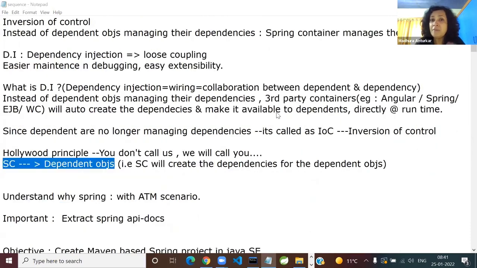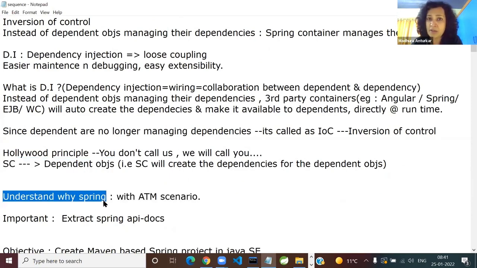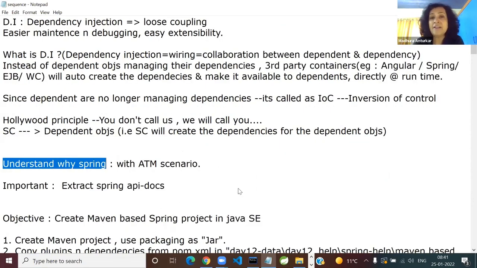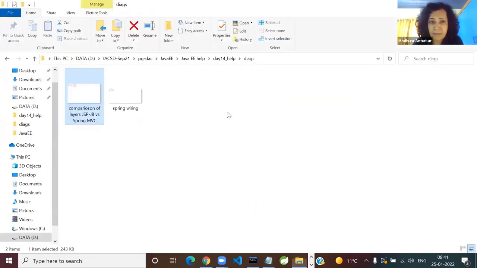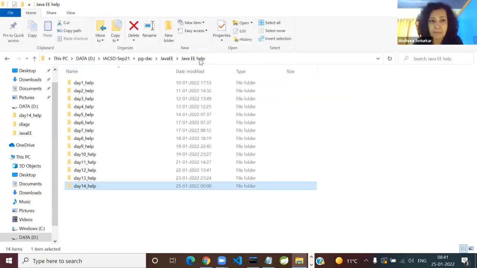So as usual, I start with a simple basic scenario to understand why Spring is so important or what Spring actually does to our programming model. And then we will enter Spring and do the whole thing. All these I had shared before.